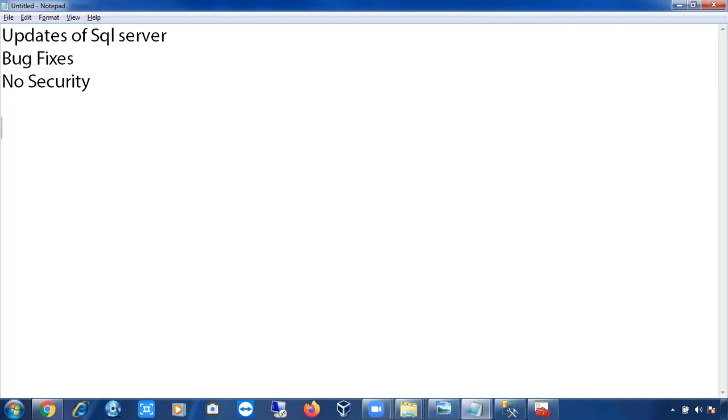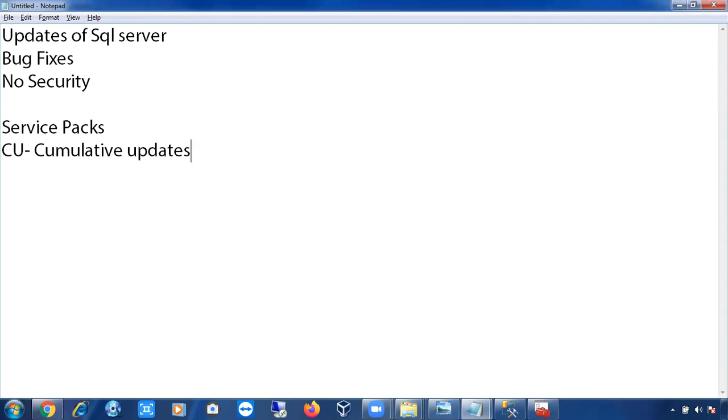We have different types of updates in SQL Server. Service packs are the main updates, not only for SQL Server; even for your Windows laptop it will release service packs. But we never patched your Windows OS 10 as of now. Microsoft will release service packs for the Windows desktop versions, for the Windows Server versions, and for SQL Servers as well. Main updates are called service packs, and these are the major updates. We have minor updates also, which are CU, cumulative updates.